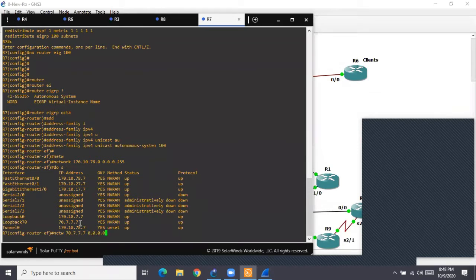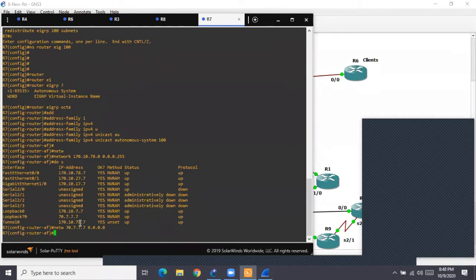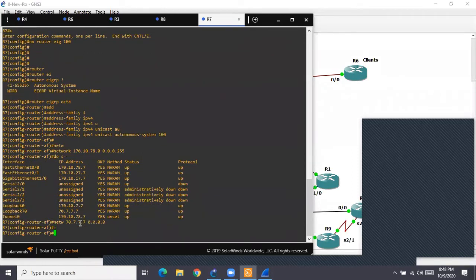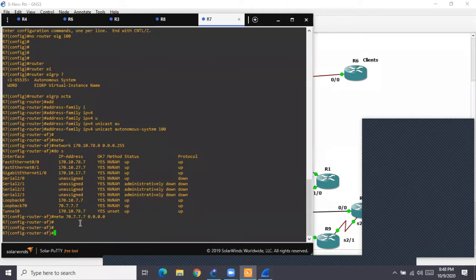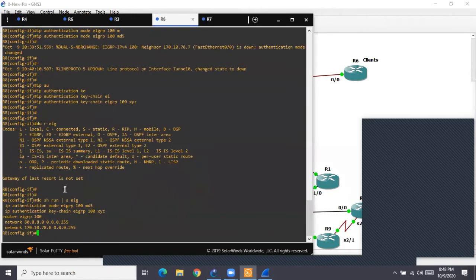If I specify the full IP, then four times 0. Whichever way you advertise doesn't matter, /24 or /32 doesn't matter. So now if you see R7, I have configured EIGRP. I have advertised the link with the network command. On R8 also, did I do the same? Yes, on R8 also the link is advertised.